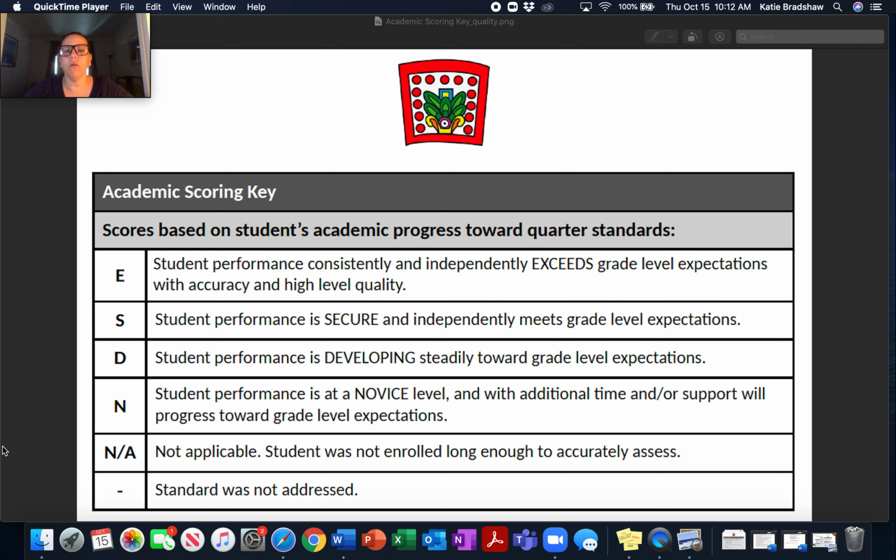I'm going to go over our new report card and the academic scoring key that our teachers are using for this school year, and you will be receiving your students' report card via email or Remind from their teachers. On a report card, you will notice the academic scoring key. The key is used to show your students' progress towards both the content standards as well as the learning and